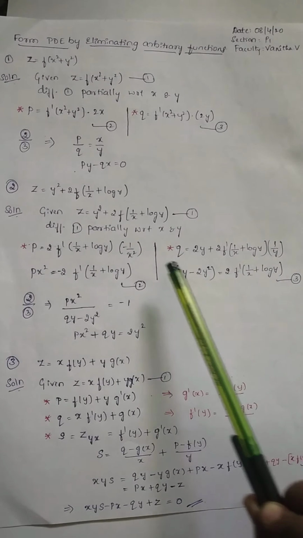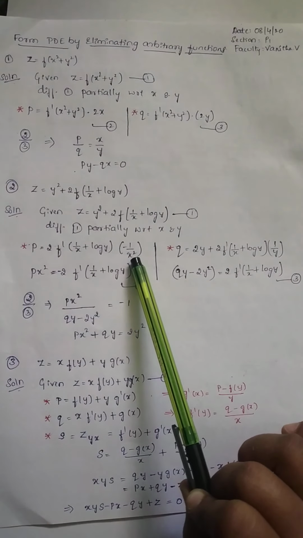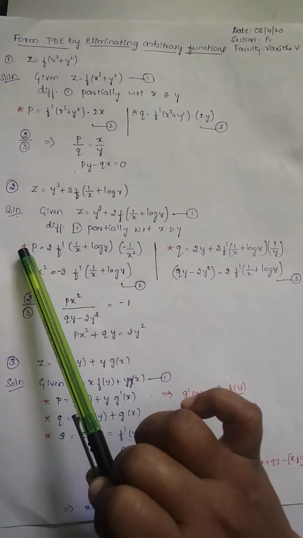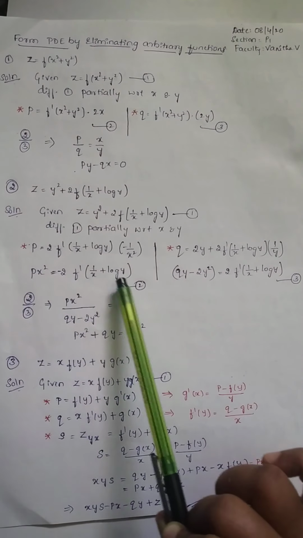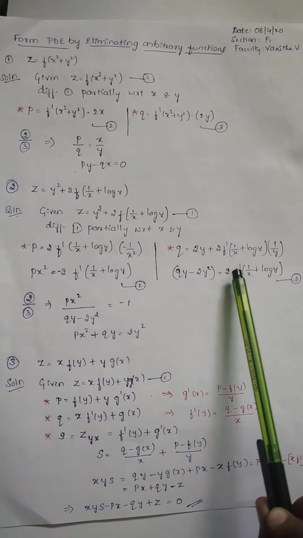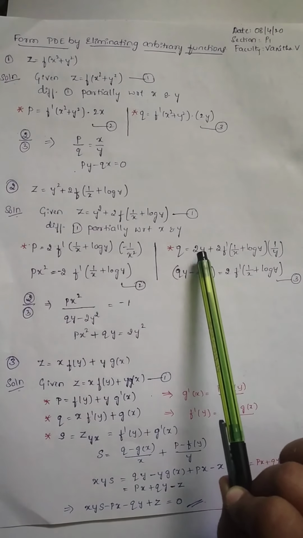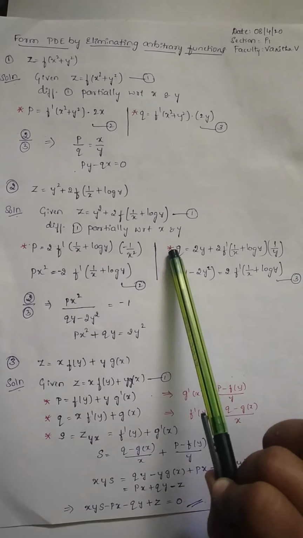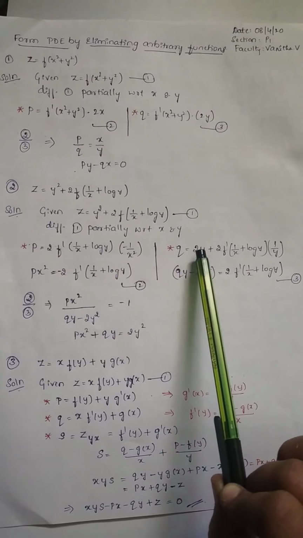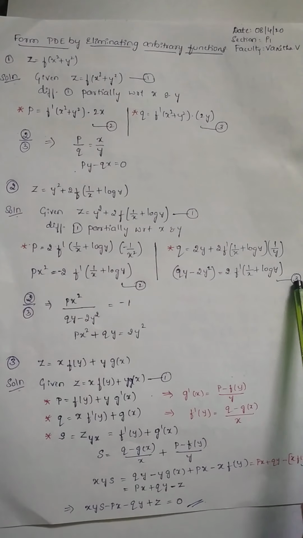Okay, and now simplify these two expressions. In the first expression you have x square in the denominator, so you are cross multiplying this x square to LHS and writing it as p x square, and remaining terms as it is with the sign. Calling this as 2, and in the second expression you are transposing this 2y to the left hand side first, q minus 2y, and then in the second term you can observe 1 by y is there, so you can cross multiply this y to LHS. So LHS will be qy minus 2y square, and remaining terms in the RHS will be as it is, and you are calling that as equation number 3.